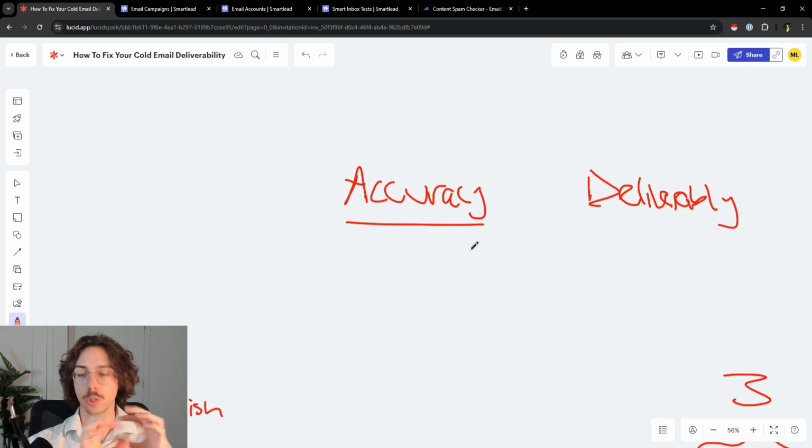It's a transparent image. And whenever someone opens the email and the image loads, it fires back and says, hey, Smartlead, or hey, Instantly, or hey, whoever, our email just got opened. Now, the problem with this is that